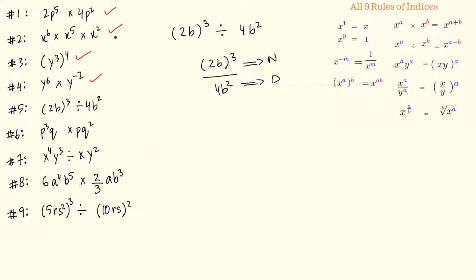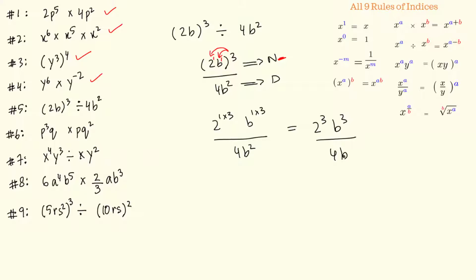First of all, I'm going to simplify the numerator. And to simplify the numerator, I am going to remove this bracket. And to remove this bracket, I would have to take this whole power of 3 inside the bracket. And when it goes inside the bracket, it multiplies with every power inside the bracket. The power of this 2 is 1 and the power of this b is also 1. So the numerator becomes 2 to the 1 times 3 and b to the 1 times 3, divided by 4b square. 1 times 3 is just 3, so this is 2 to the 3 and b to the 3